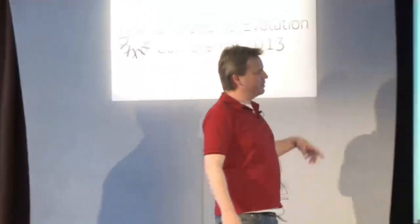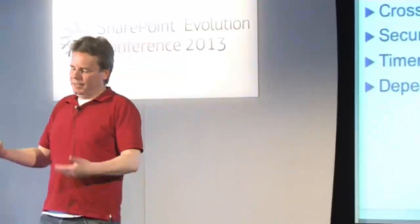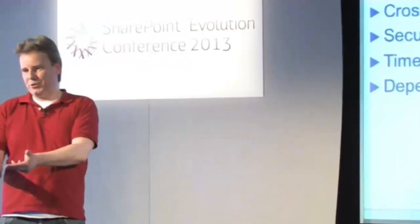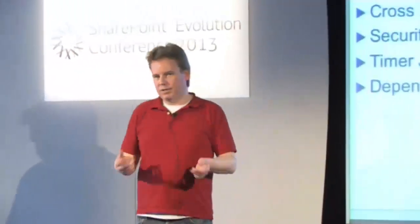The other thing that bit me was timer jobs. So if I have a SharePoint hosted app and I need the user to come to the page, and then I can do something. I can't say like, hey, I want this to execute every day at 11 o'clock. That won't work with a SharePoint hosted app, and you have to think of something different. You can't do it with JavaScript. You have to register somewhere that you want to fire this job every day. So if you're coming from the SharePoint object model, where you could create a timer job, that won't work in